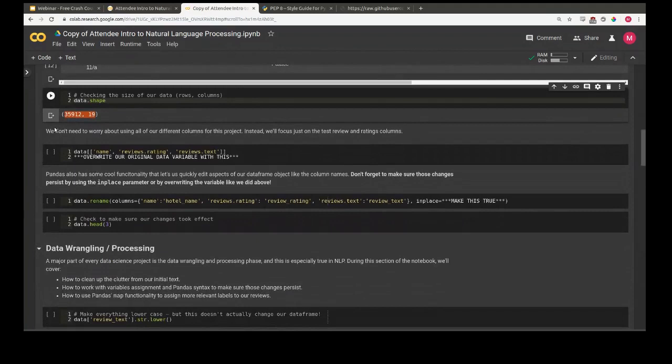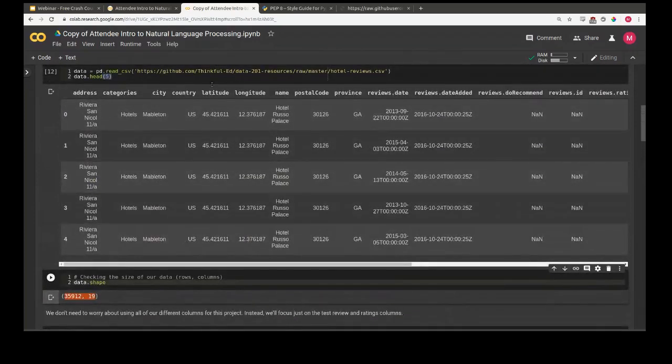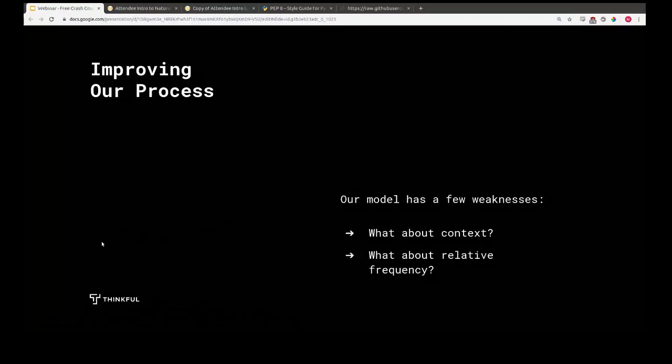We're not going to be worrying about using all of the different columns for this project. That's another thing you're going to do as a data scientist. A lot of times, you're going to establish your question, and you'll have a data set, and you're not going to need everything. So what we're going to do is pare that down and only look at the things that are relevant to our question, which was